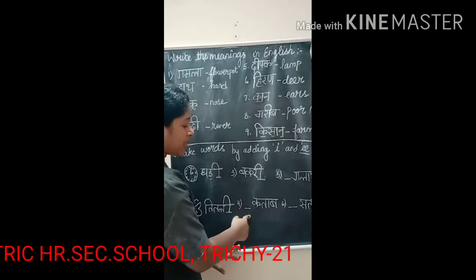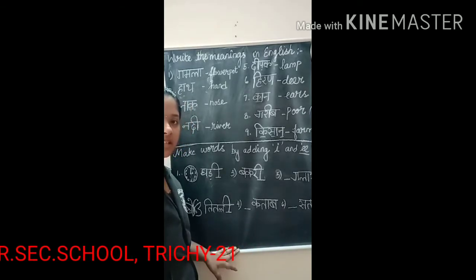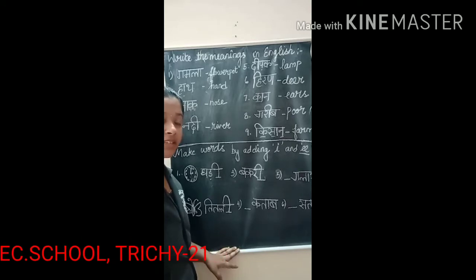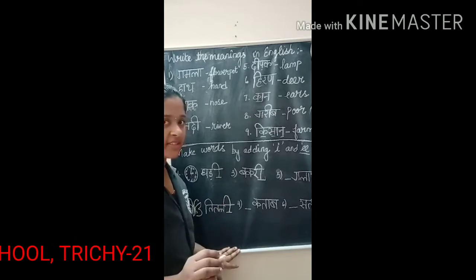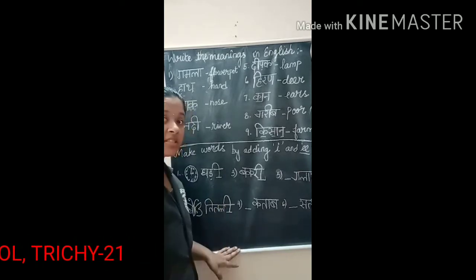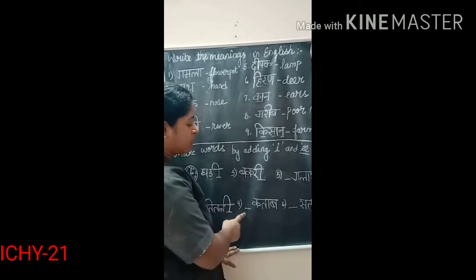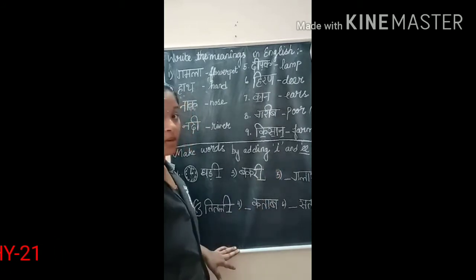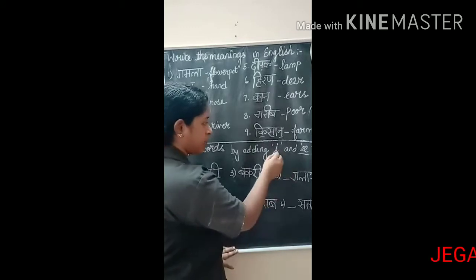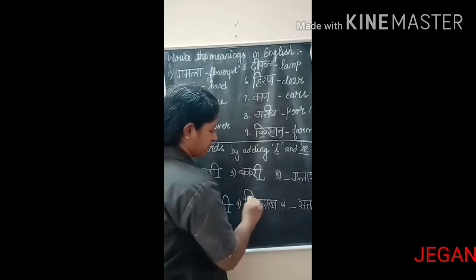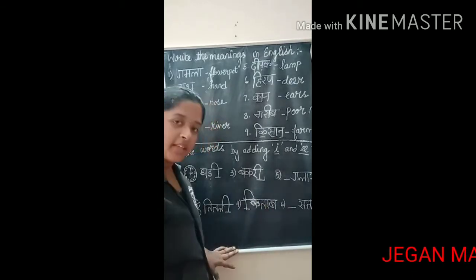Next, the fourth word is kitab. Kitab. Not giving stress to anything. Isn't it? Kitab. I am calling this word kitab, but only kitab, not giving stress. So while pronouncing it, you can select that I will use the symbol of E here. So the symbol of E is used here. So we call this word kitab.